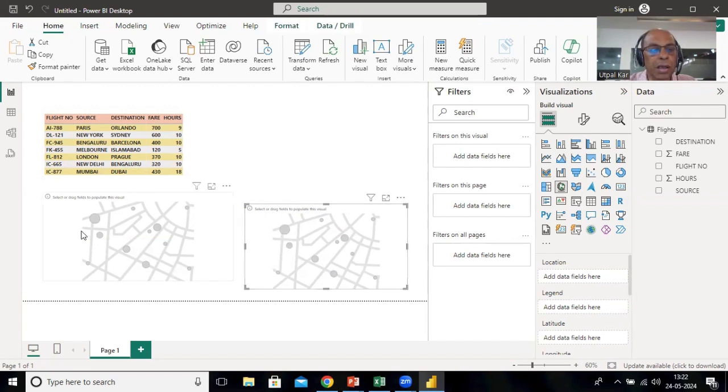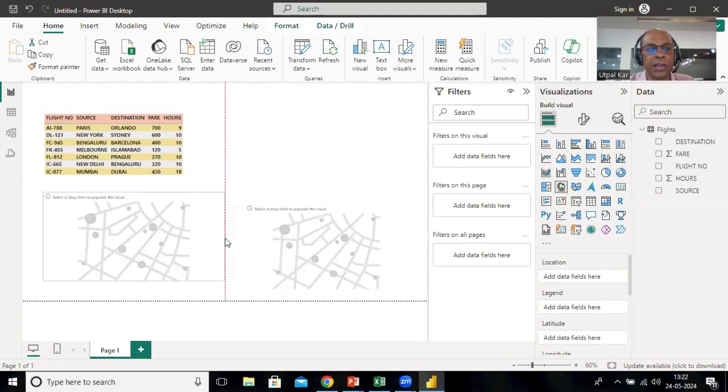So if you click on a particular map visual, see, many people believe that probably Microsoft is taking Google Maps help. It is not like that. Internally, they use a third-party service called ArcGIS. So you can see here the map, and this is the adjacent filled map, but both are coming due to a service provided by another organization called ArcGIS. Anyway, so we are selecting the first map